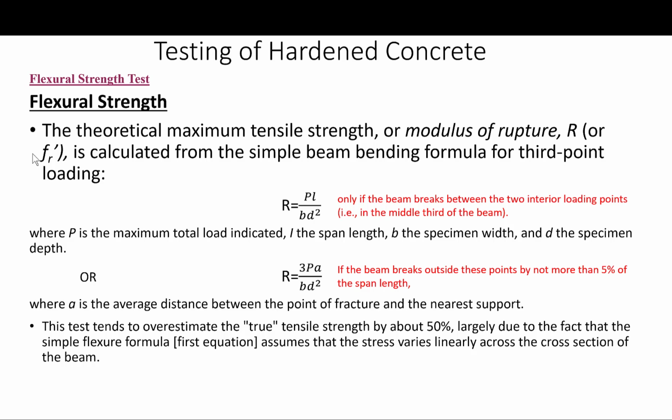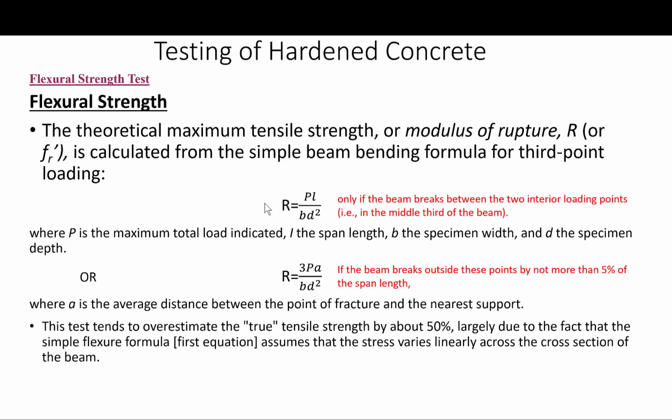The modulus of rupture, R, will be equal to P times L over B D squared. P is the maximum total load indicated, L is the span length of the beam, B is the beam width, and D is the beam depth. This equation right here